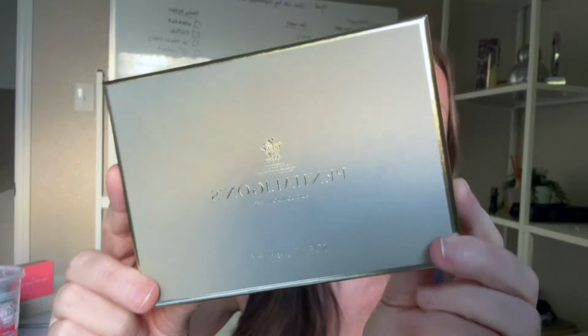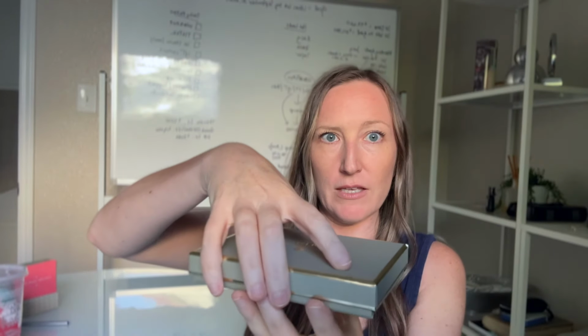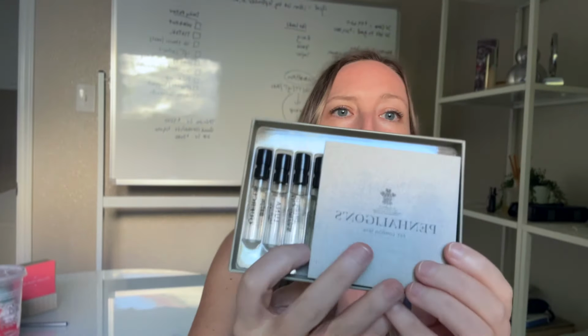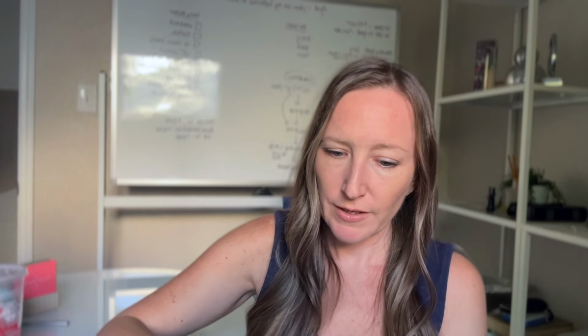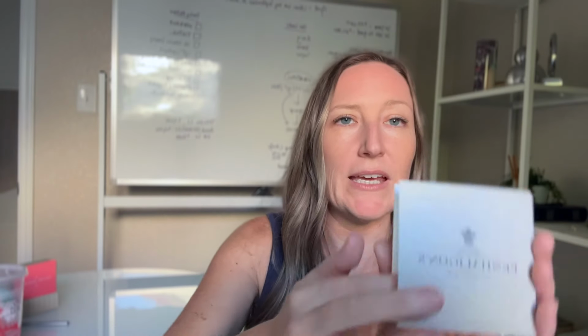So, beautiful little box, and it just slides up like this. There's a really cute little booklet in here with our fragrances. This is really cute. Each page has notes. I'm not going to look at it because they have notes in there and I don't want to look. But let's start out with the very first fragrance,